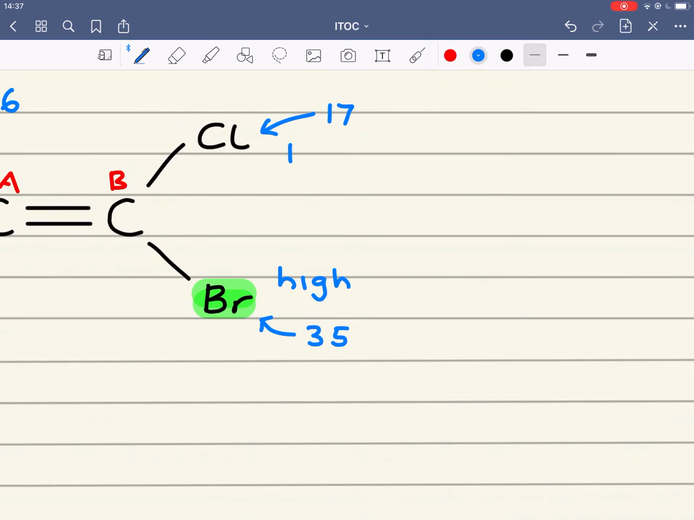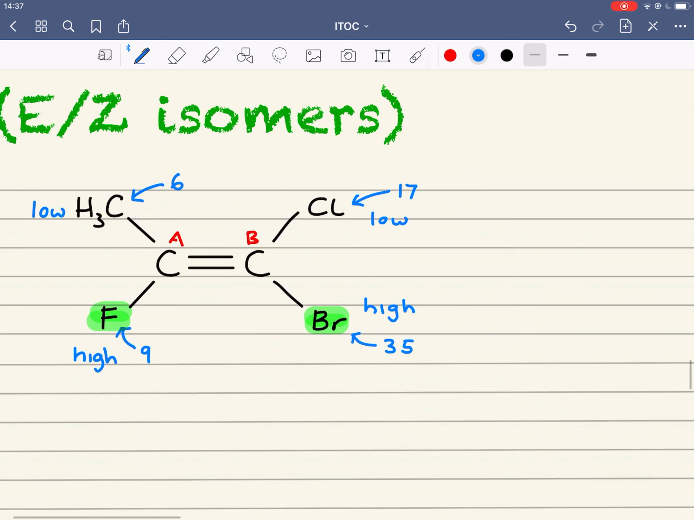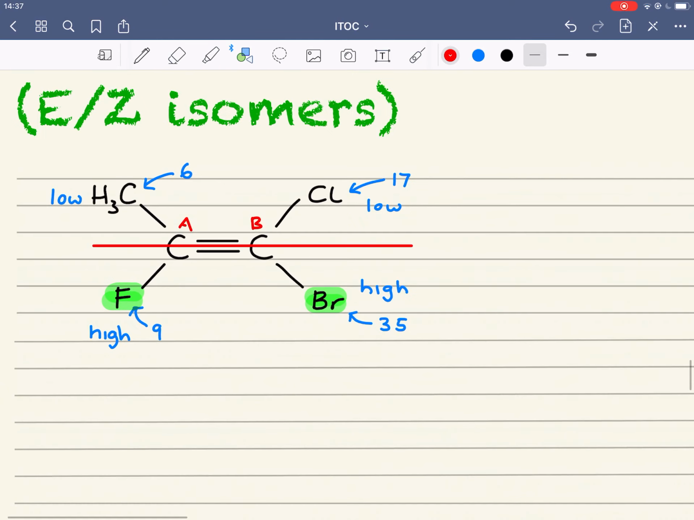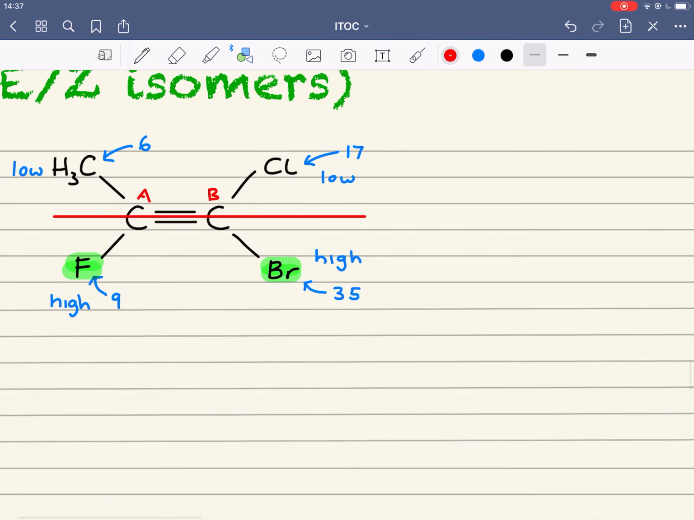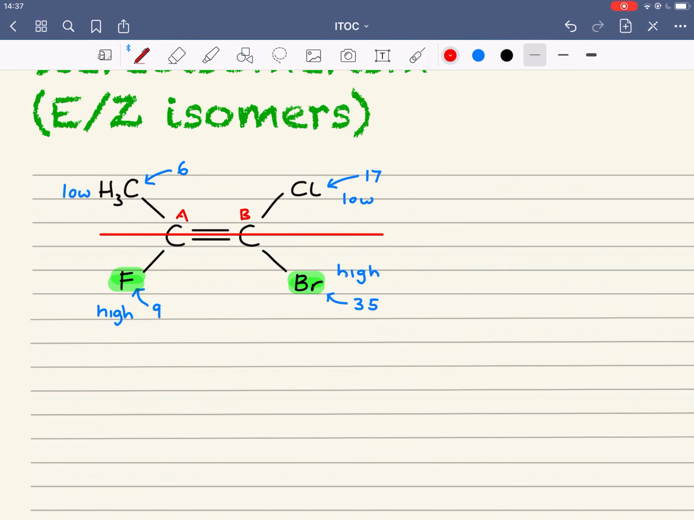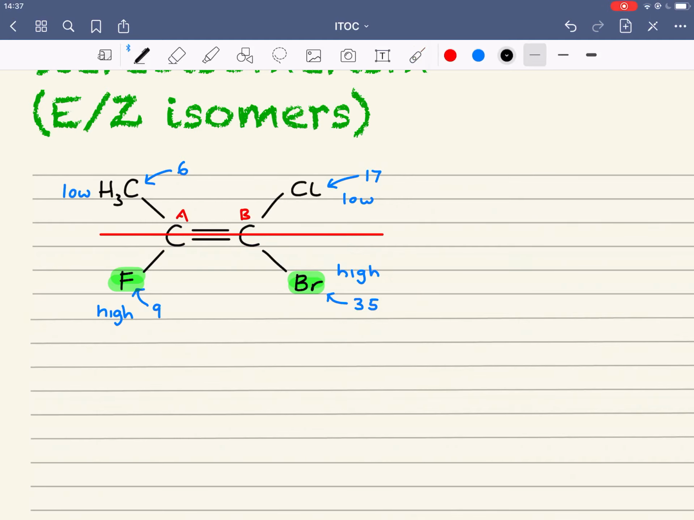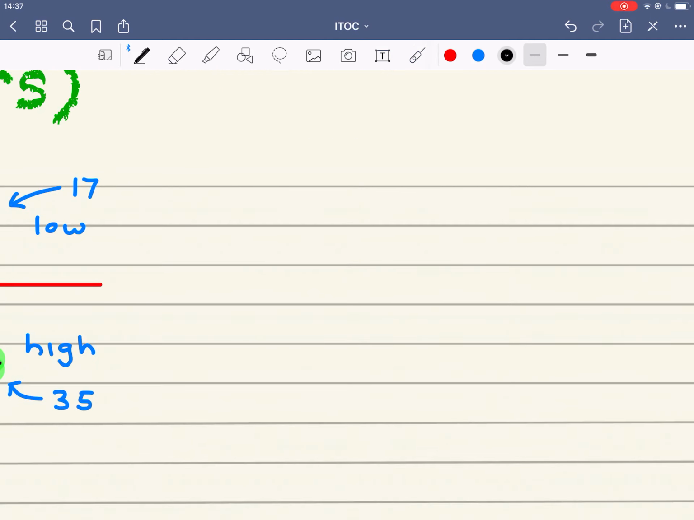The chlorine has got a low priority. Now, I'm just going to draw an imaginary line here, and we say then that if the high priority groups here are on the same side of the double bond as they are here, we assign that then the Z isomer. So the Z isomer